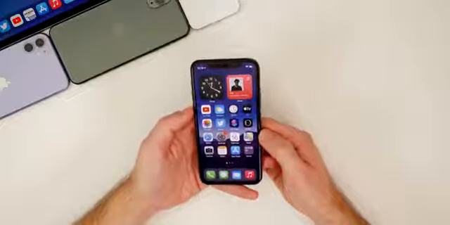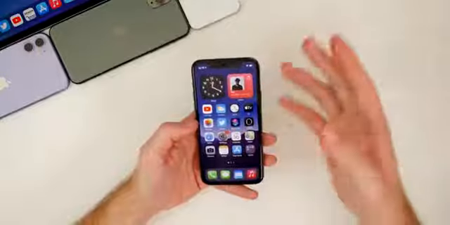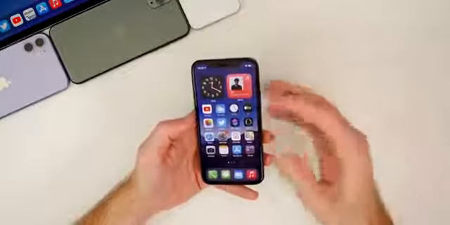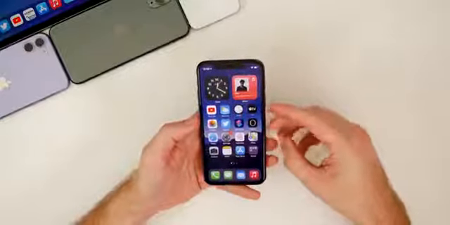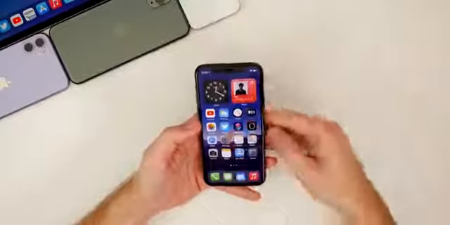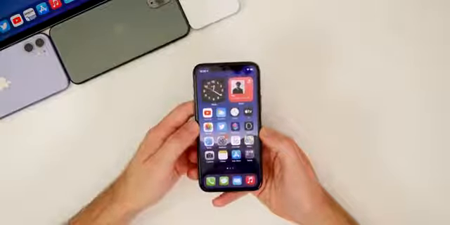I've used it many times, and it works very well, and it allows you to go into other applications and text that person while you're on a FaceTime call without it being paused on their screen. Now, not only do we get picture-in-picture for the FaceTime calls, but we also get picture-in-picture for videos in iOS